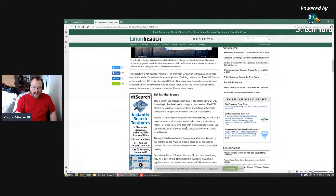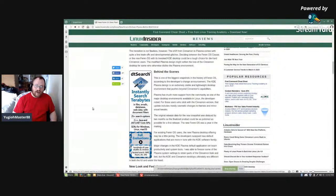It says right here, this is one of the biggest snapshots in the history of Farron OS, according to the developers' change and announcement. The KDE Plasma design is an extremely stable and lightweight desktop environment that pushes beyond Cinnamon's capabilities. Plasma has much more support from the community as one of the major desktop environments available in Linux. The developer noted for those users who stick with the Cinnamon version, that update includes mostly cosmetic changes to themes